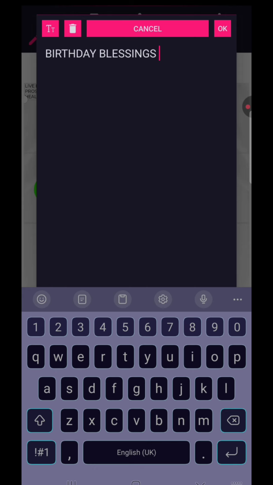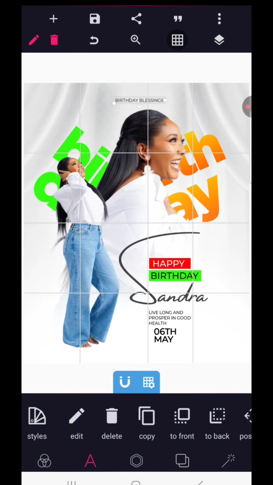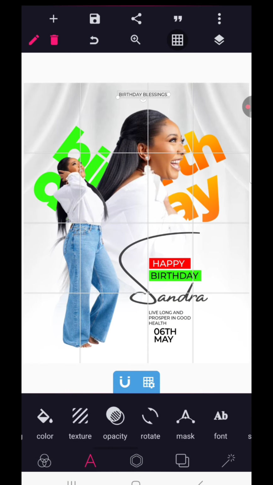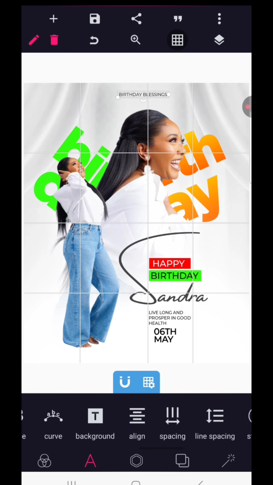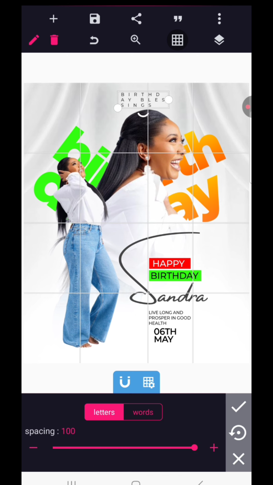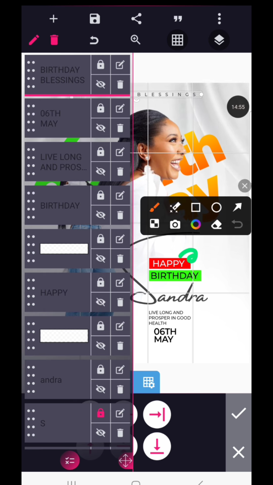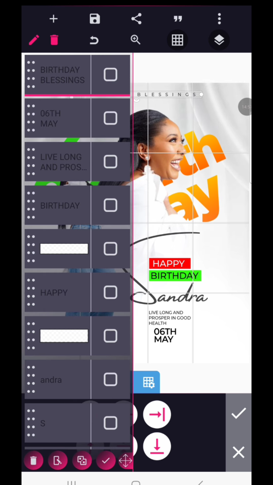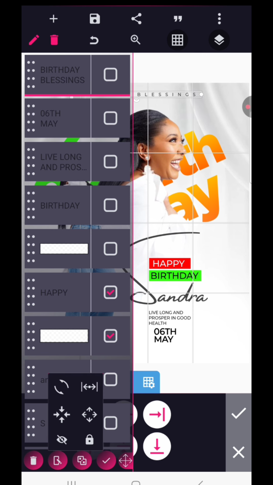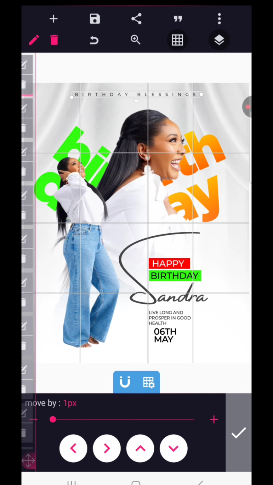in capital letters. Then we bring it here, and let's go to spacing and space it out completely to 100%. Then use relative position to make sure it's on the middle of your work. And this red shape is not properly aligned, so we're going to align it. Yeah, so it should be aligned and